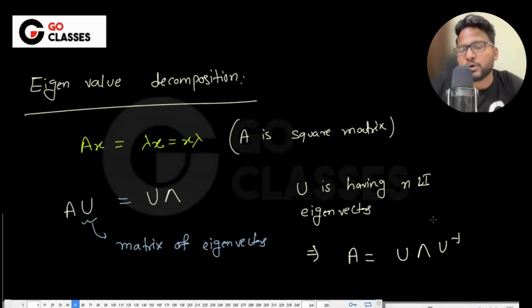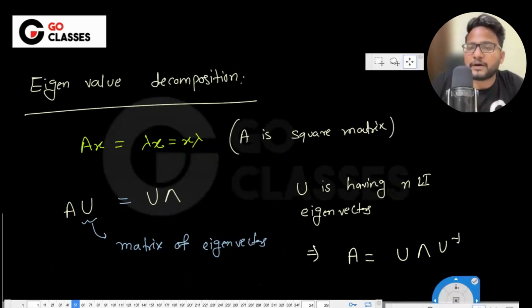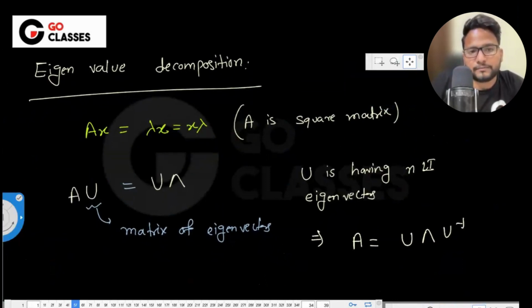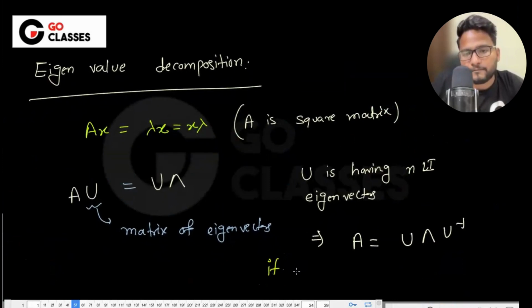This is called eigenvalue decomposition or diagonalization, right? Now, do you remember that on top of that, if A is symmetric, then what we can do? If A is symmetric on top of that,